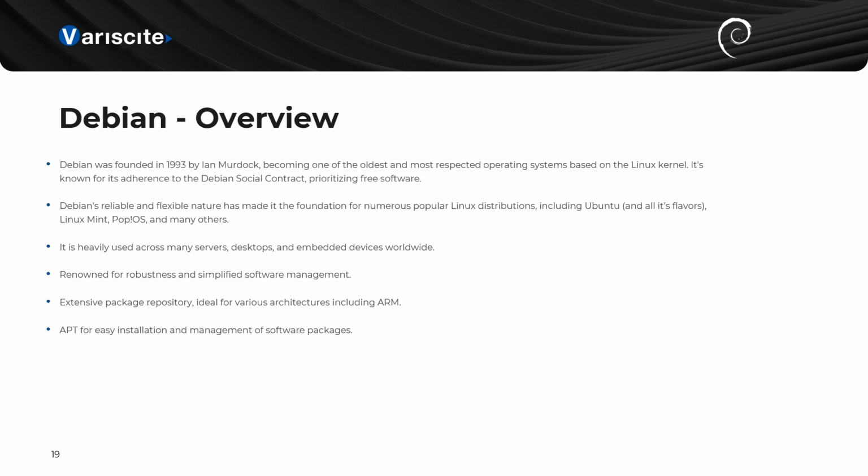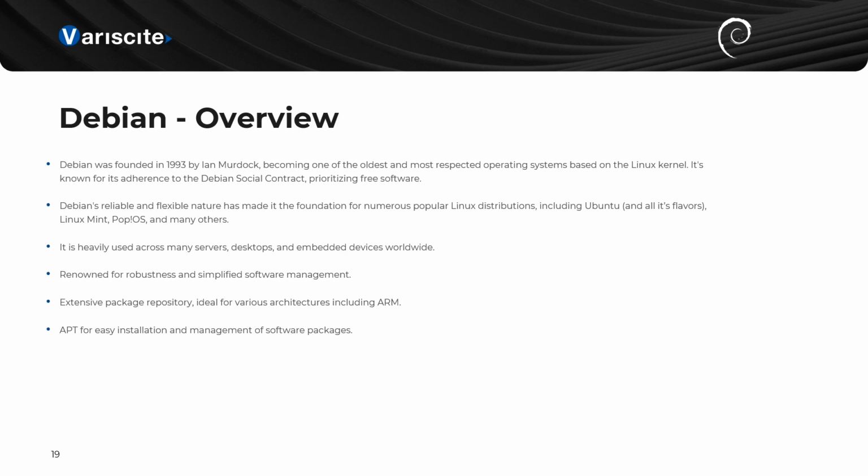One of Debian's most celebrated features is its robustness. The operating system is known for its stability and reliability, which are fundamental for both development and production environments. This robustness is supported by Debian's simplified software management, making it easier for developers and administrators to maintain their systems. Debian boasts an extensive package repository, providing access to a vast array of software packages across various architectures, including ARM64, making Debian a versatile choice for embedded systems. The availability of a wide range of packages ensures that you can find the tools and applications you need for